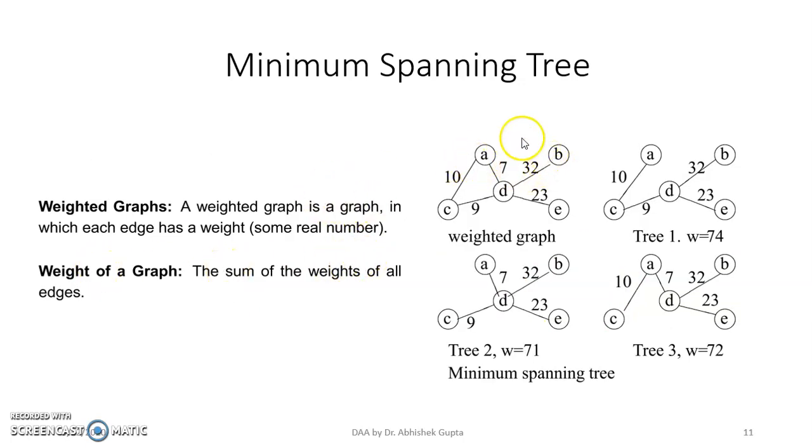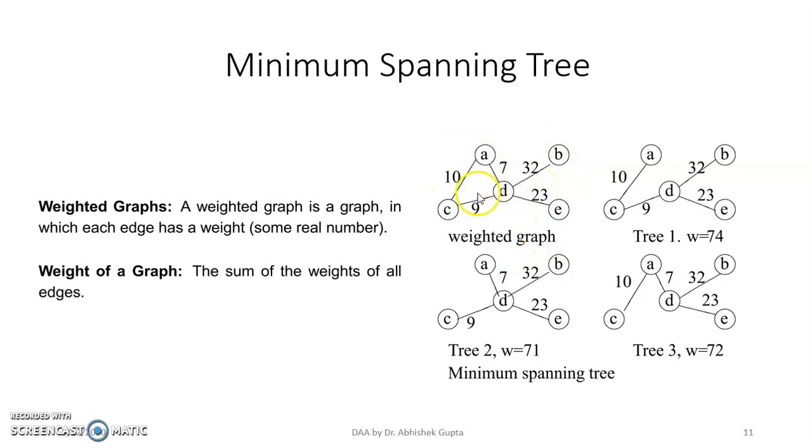And if you see this graph, on it there is a number, or any real number, and that is representing the weight of an edge. So if I say that this is 10, I can say that for reaching from A to C, my cost is 10. Similarly, for reaching D to E, my cost is 23, and so on. Accordingly, the weight or cost is given. You can consider this one as a cost or weight. So if such a scenario is there, you can call it a weighted graph, right?